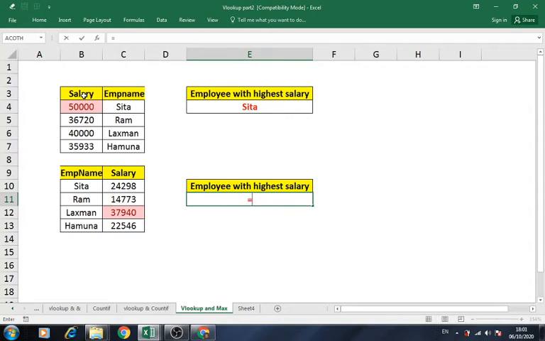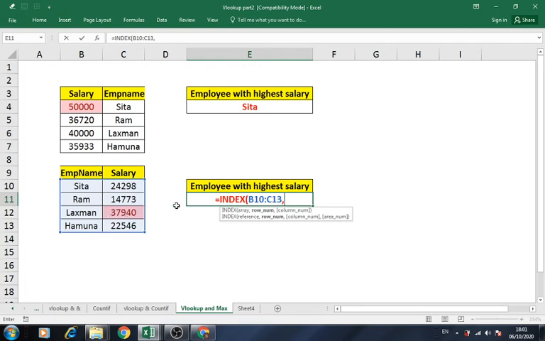We can as well use index, wherein we have to give the row number and the column number. I'll write here index. So this is our array. So in this particular list, I want to pick up the name of the employee. Here, name of the employee who is taking the maximum salary. Okay, so I have to now give the row number. The row number depends on the maximum salary. Row number depends on this maximum salary.